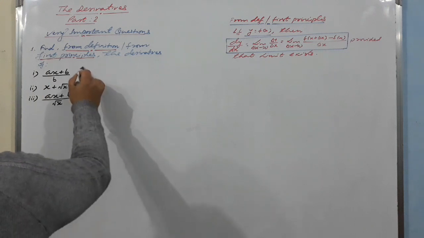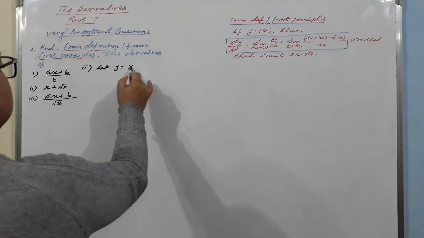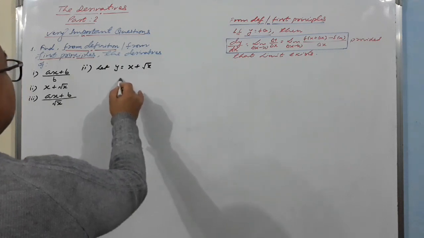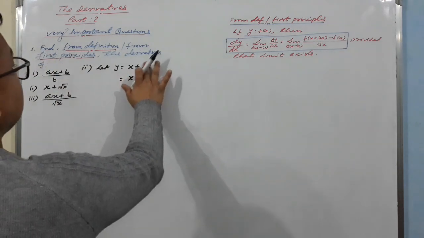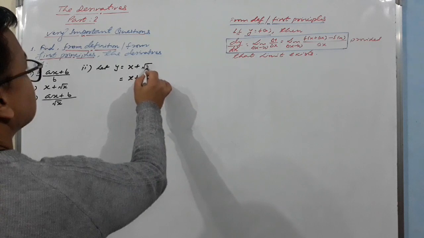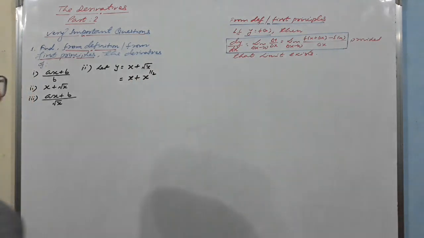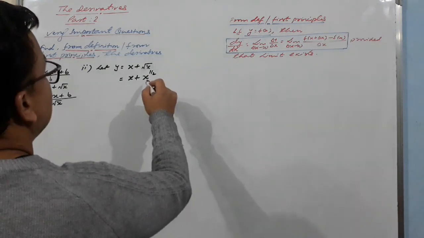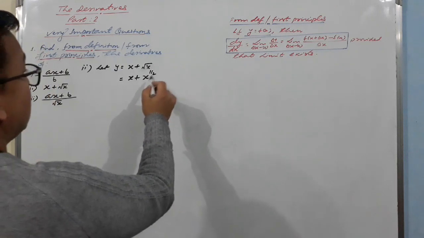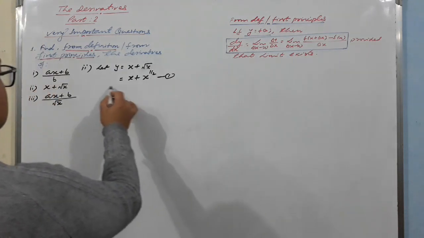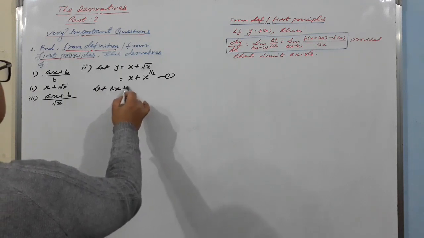Let's take the second question by using the definition. Let y is equal to x plus delta x. We can write this as x plus root x. Sorry, delta x, not x. Root x we can write as x raised to power 1 by 2. I've converted it in terms of power, x raised to power 1 by 2. Let's say this one first, and thereafter you write the same line: let delta x be the